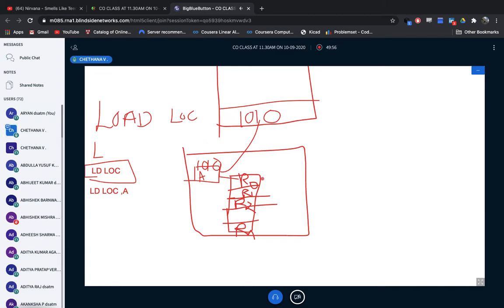Now suppose I write one more instruction. Suppose my instruction is ST L1. So now I require the answer for L1. I'll keep a question mark here: L1 is question mark. I don't know what L1 is. Now tell me, what's the answer for L1? What is that?